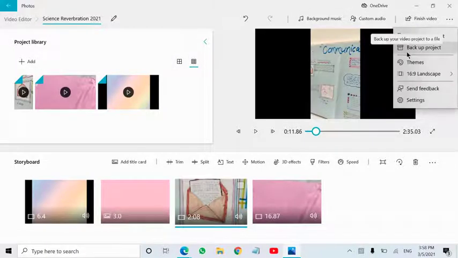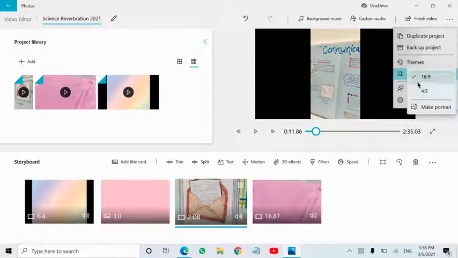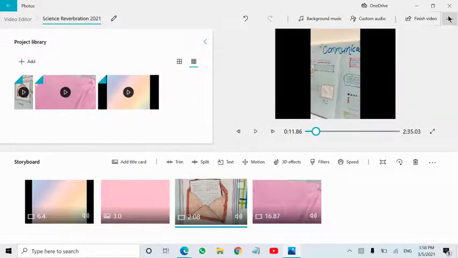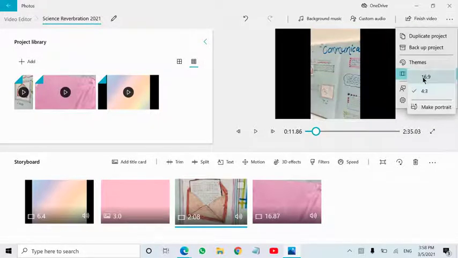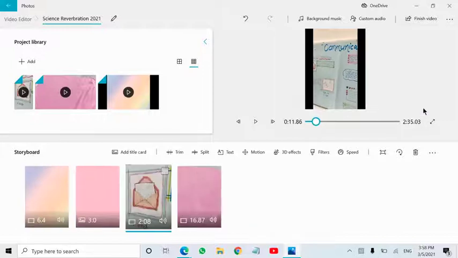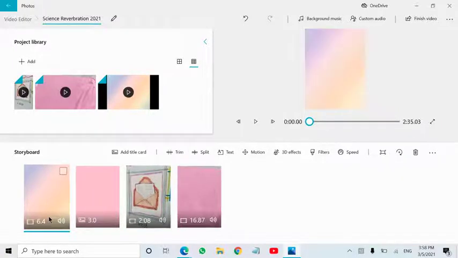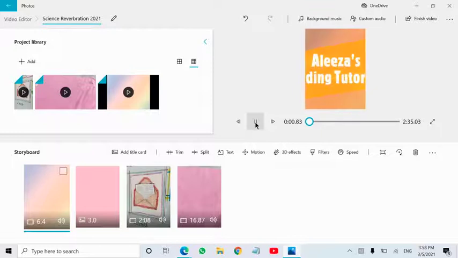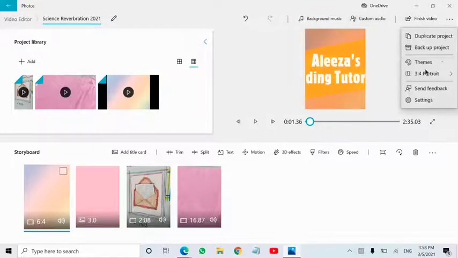Let's see backup project. You can choose to make a portrait. There are options if you want the videos in landscape or portrait, so you can make all the videos in portrait also, but I don't want portrait, I want landscape.